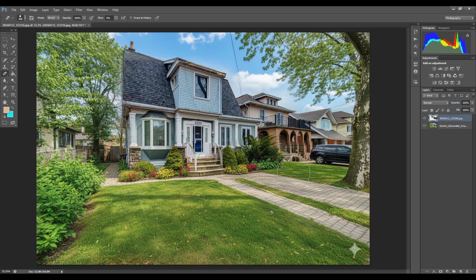Okay, so we do that. And I think that's about it. That's all we're going to do. So, like I said, all of the grass and blue sky is Gemini, but the house itself is still my photo. And that's where we're going to keep the sharpness. There's the Gemini logo right there. So we're going to get rid of that in Lightroom. And so all we do is we save this,